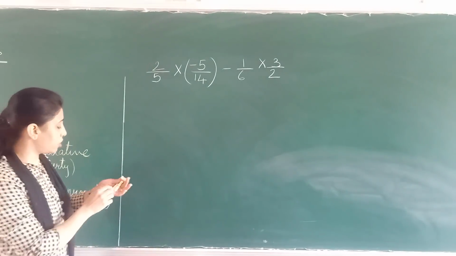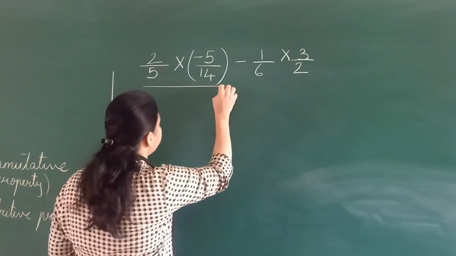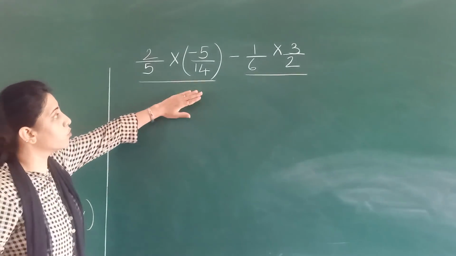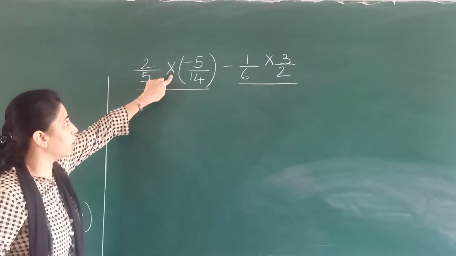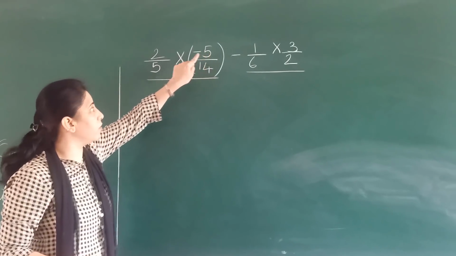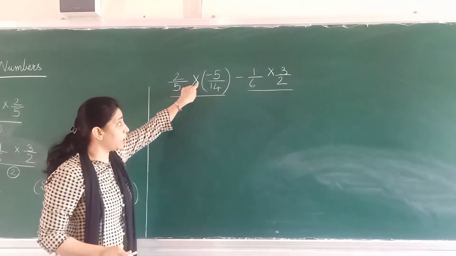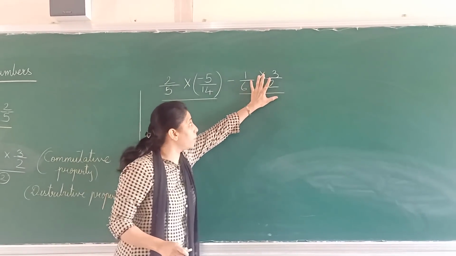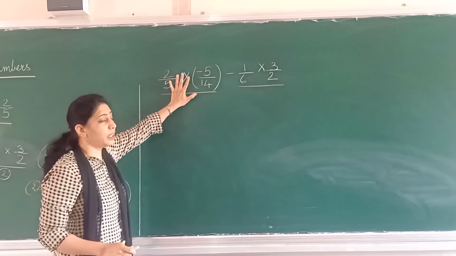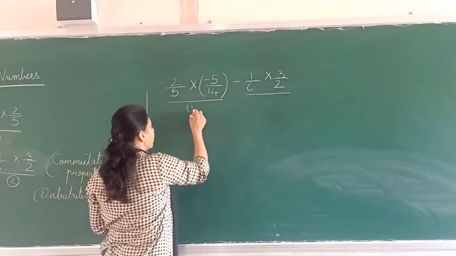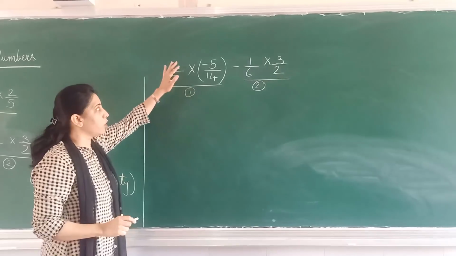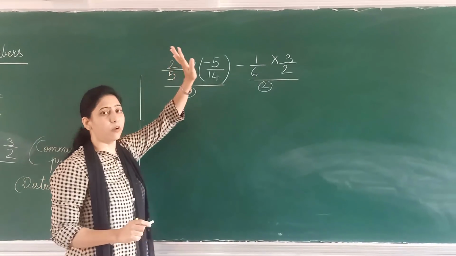Now always check, this is the first part, and this is the second part. Don't get confused with the sign. This is your main sign over here, and the minus sign is for 5. So the main sign is multiplication. Here also your main sign is multiplication. So you have to multiply this, and you have to multiply this. This is your first one and this is your second one. So make two parts and underline, so you will understand whether you have to multiply or subtract.